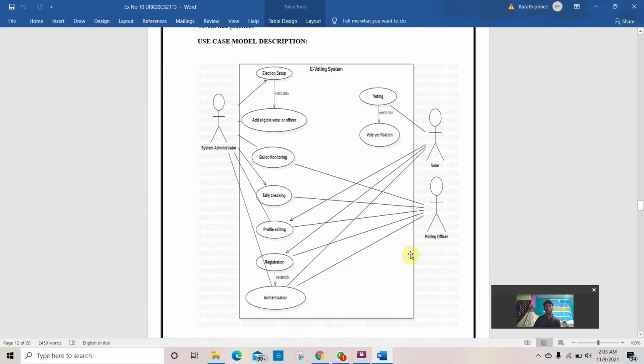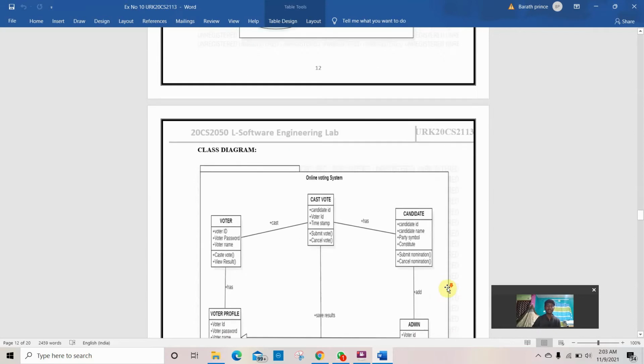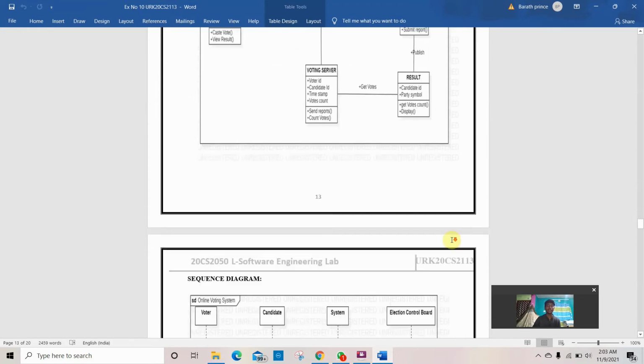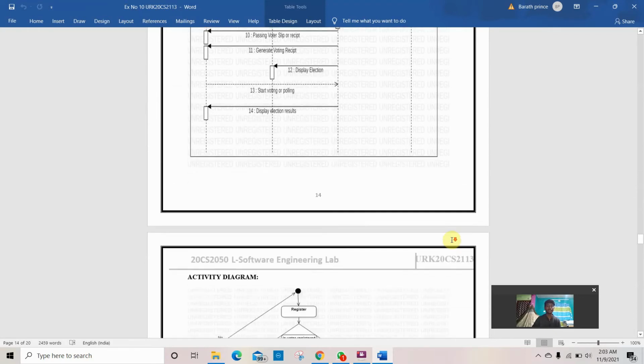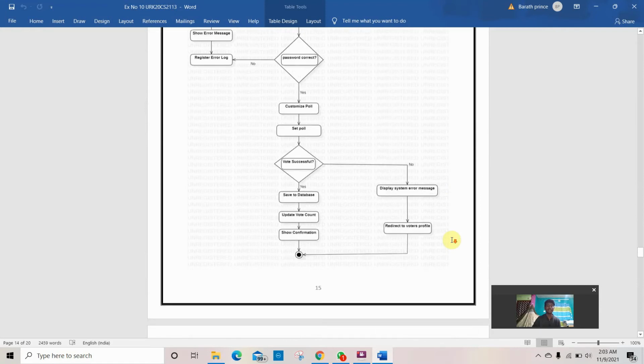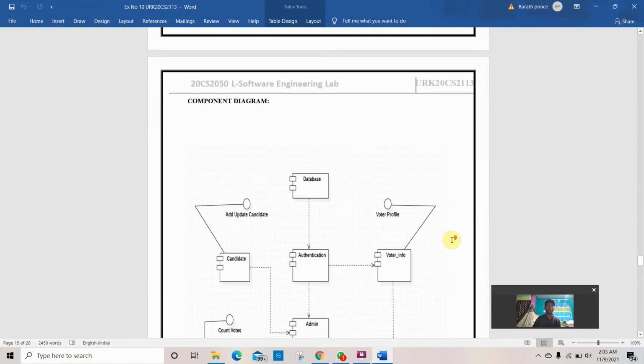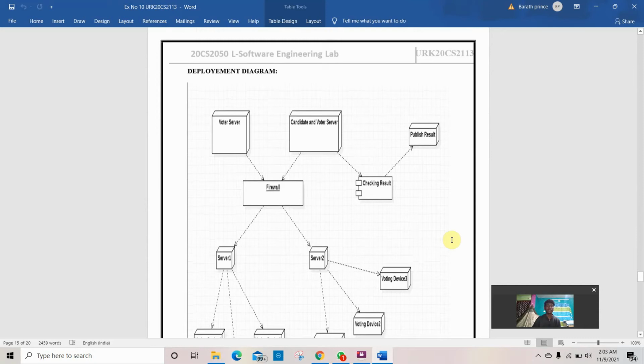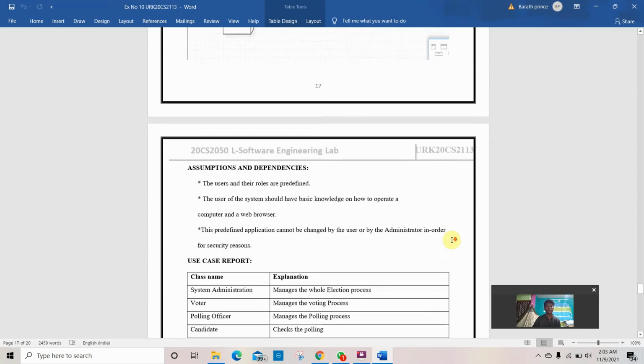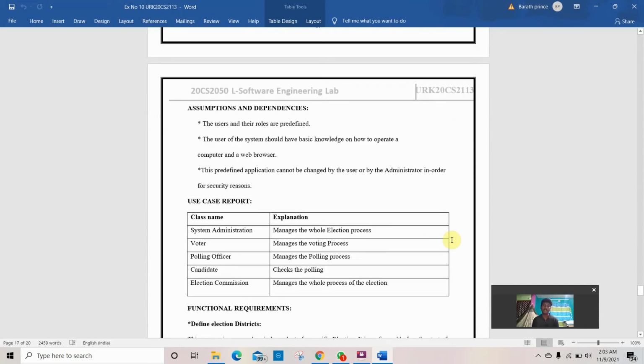The first thing is the use case model diagram. Here is a voter, system administration, and polling officer. I have explained the use case model in the previous records, and the same for the class diagram, sequence diagram. This is the activity diagram, component diagram, deployment diagram, assumptions and